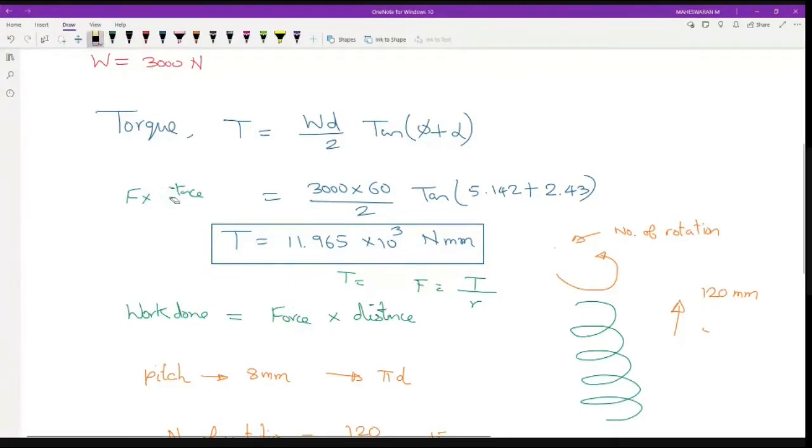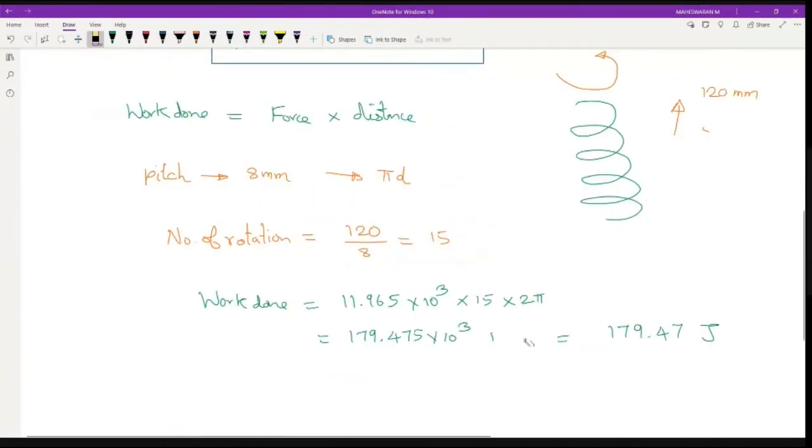So this is okay. Only thing is you have to multiply with 2 pi. Can you tell me what is the answer? This is for 360 degree rotation. 1.12 is coming. Yeah, 1.12 Newton meter. Yes, sir. Newton meter. So this is your work done.